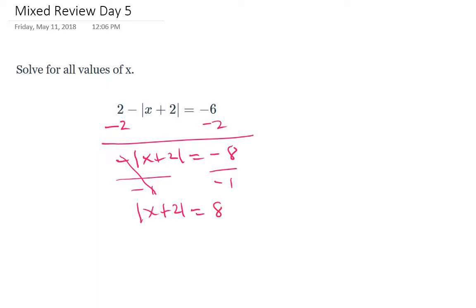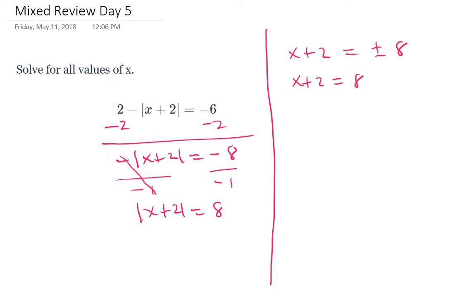8. So if you remember what we did in class, if it's absolute value, you have to set it to plus or minus. So it will be x plus 2 equals plus minus 8, which we can break into 2 as x plus 2 equals 8 or x plus 2 equals -8. If you subtract 2 from both sides, x equals 6. Subtract 2 from both sides, x equals -10, which actually makes sense, because if you look at the left side